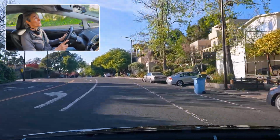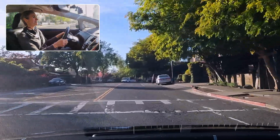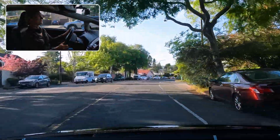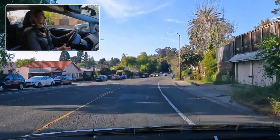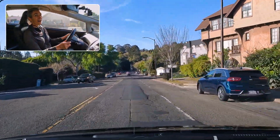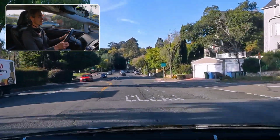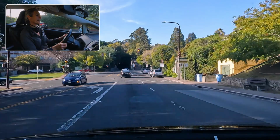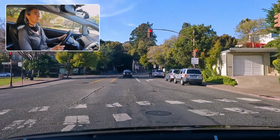So we're driving down this road. It's light out. I don't have my headlights on. And as I come around this corner, I notice that there's a tunnel at the end of the road. And so I turn on my headlights so that when I go through the tunnel, I will be more visible to oncoming traffic. And of course I got the yellow and then red light, so I'll just wait here for my turn, but